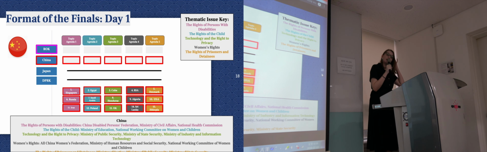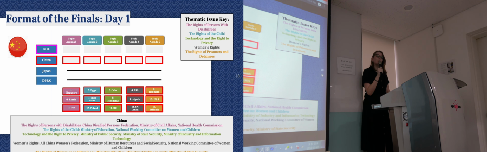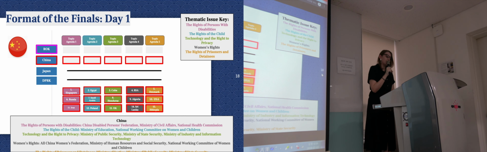The review of China, which will happen on the same day after the lunch break, takes the same format. Each 2-person delegation will address a given thematic issue via the given ministries below. Participants whose state under review is either the ROK, the DPRK, or Japan at this time will be taking on their secondary role as a recommending state and address one of the 5 thematic issues that we've addressed before. Again, before the review kicks off, China will present their national report regarding the present status of China on all of the 5 thematic issues.